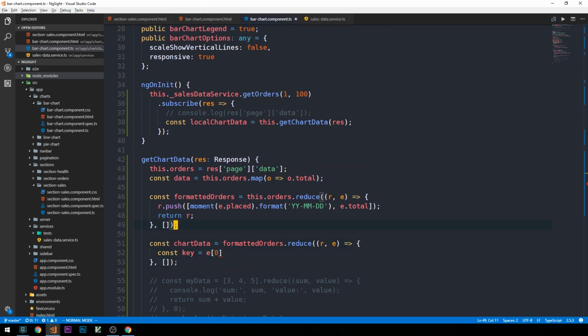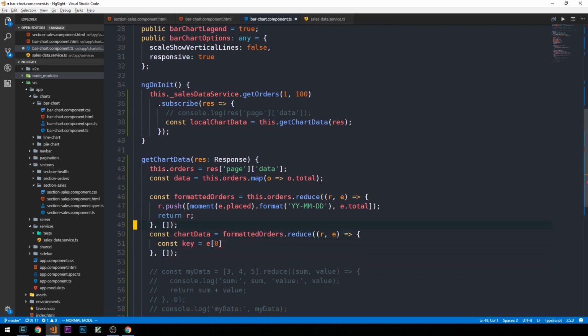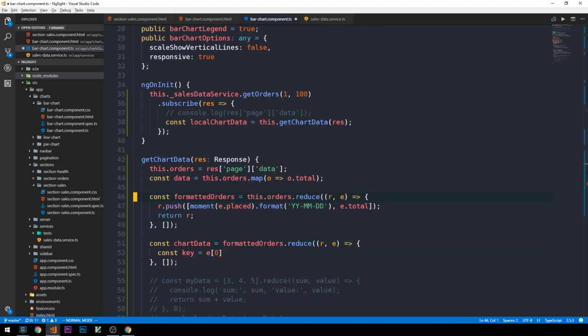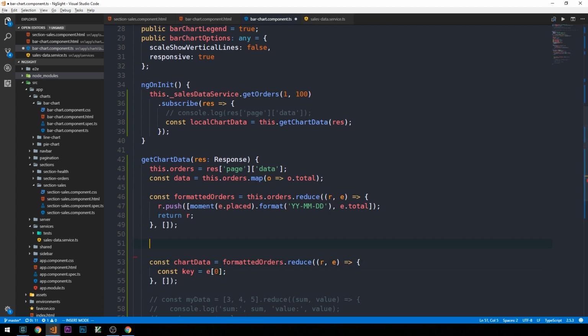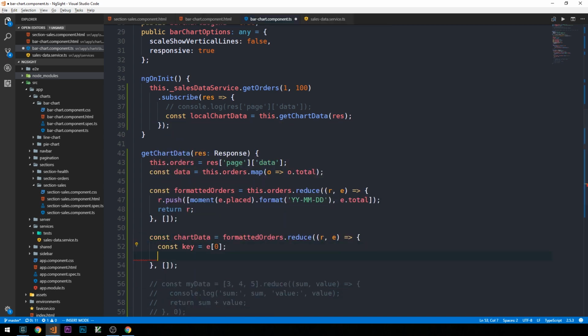So if you recall, the initial value of every element in formatted orders was that formatted date that we had as a string. So the key will be that formatted date. And what we'll do is, first of all here, let's go ahead and create an empty array, constant p, we'll say. And what we'll say here is if that key doesn't exist in our accumulator array,